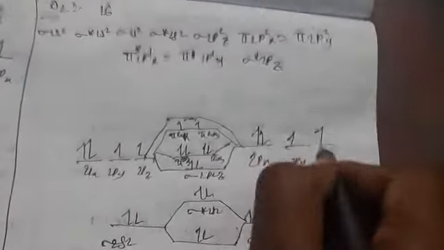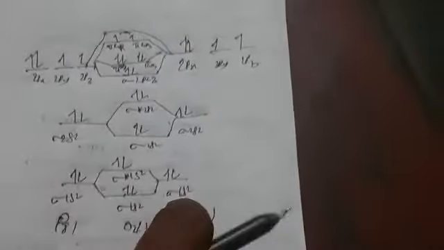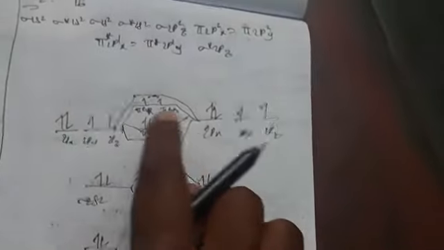Here also 8 electrons. So total how many? 1, 2, 3, 4, 5, 6, 7, 8. Okay, so this is O, which should have 8, so it should have 16. If you observe here, how many? 8. Here also 8. Here total how many should you have? 16. 1, 2, 3, 4, 5, 6, 7, 8, 9, 10, 11, 12, 13, 14, 15, 16. Okay, so according to this configuration, we can write this one.